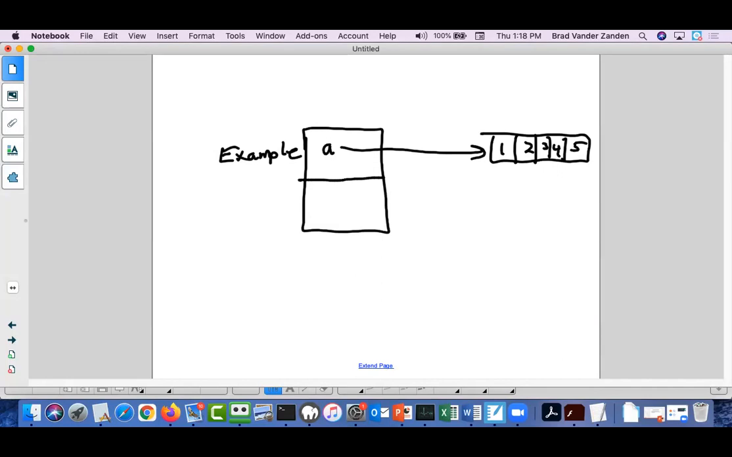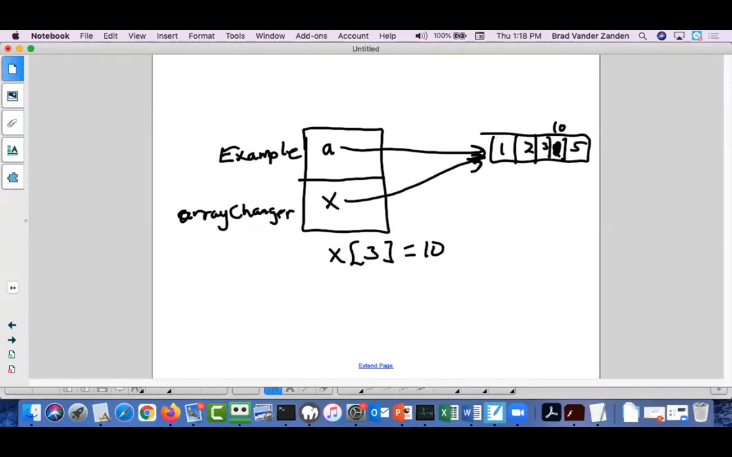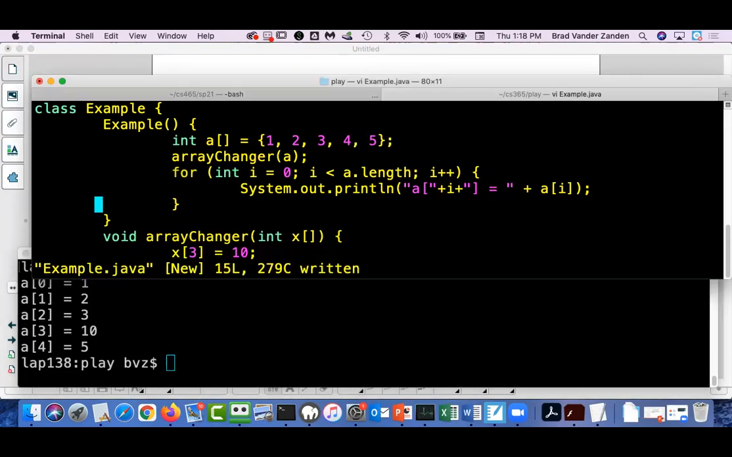And then I call change, or I think I called it array changer. And it gets passed a pointer to this array. So it's okay when I say x of 3 equals 10, it goes in and it changes that value to 10 because x points to the same element as A. Now let's say instead what I did was that down here I said x